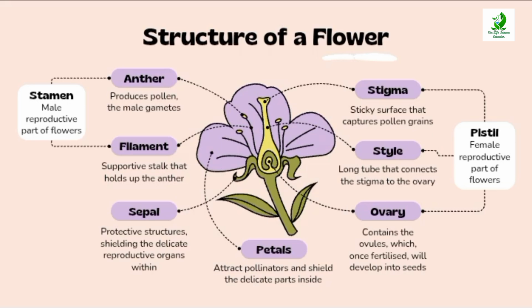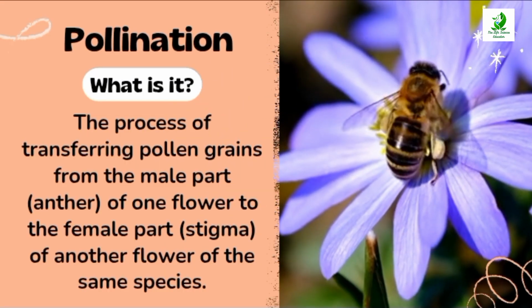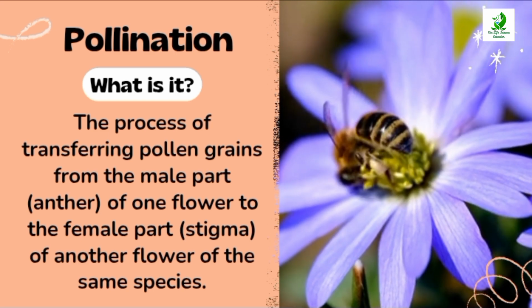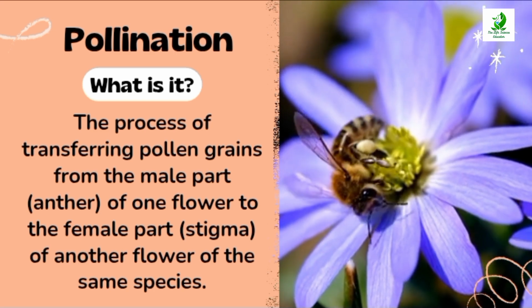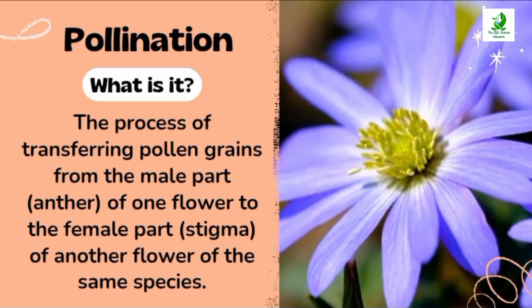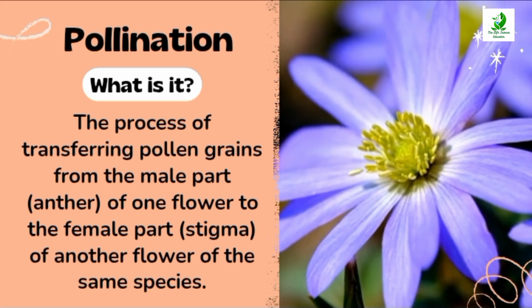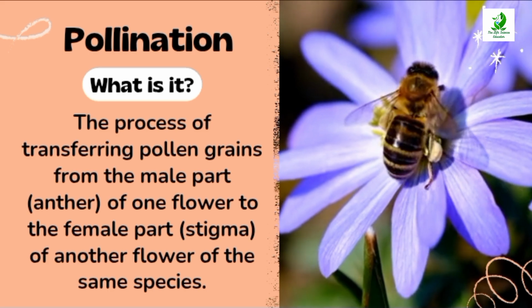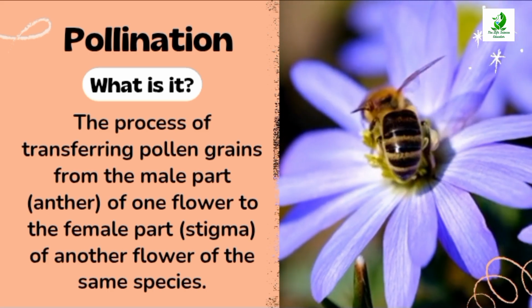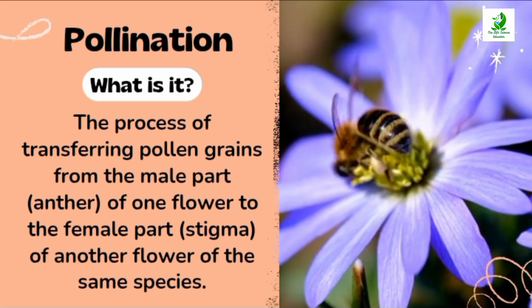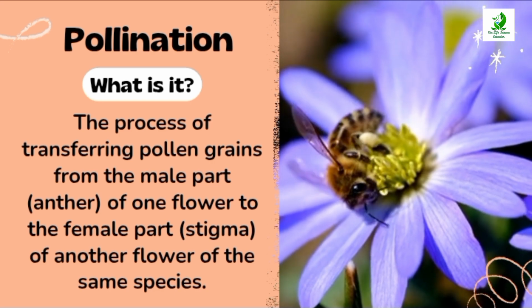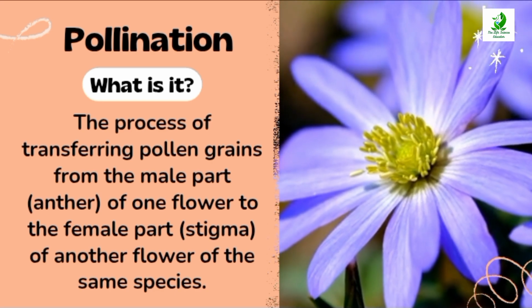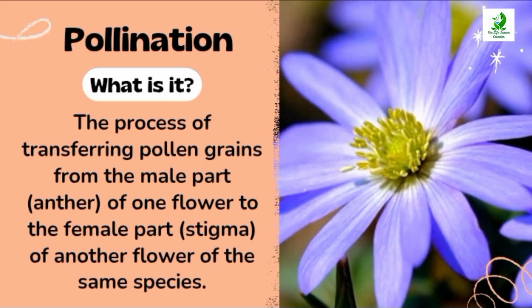So now let us discuss the pollination process. The process of transferring pollen grains from the male part of one flower to the female part of another flower is called pollination. If the pollen grains are transferred from the anther to the stigma of the same flower, it is called self-pollination, and if it is transferred from the anther of one flower to the stigma of another flower, it is called cross-pollination. And this pollination process takes place by